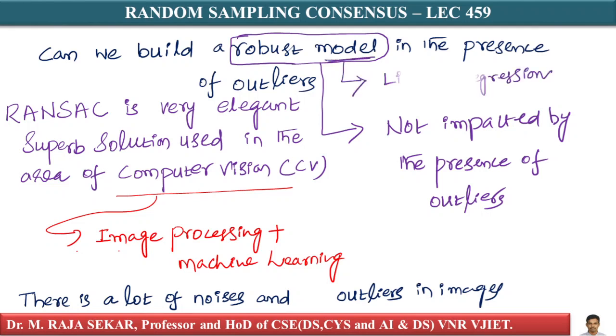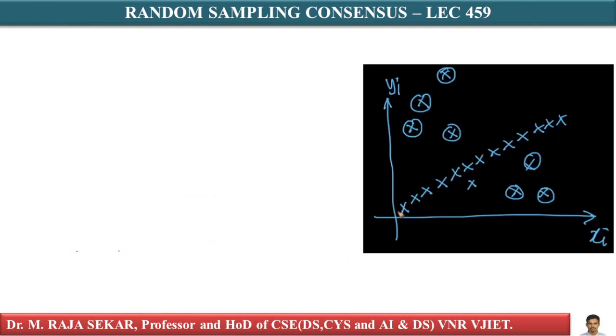Here, for the model, we simply take linear regression, so that it is easy for me to explain it graphically. So the task is, I have a data set like this. Let me assume this is my data set. Now let's assume this is my xi, and this is my yi, and I have a bunch of points.